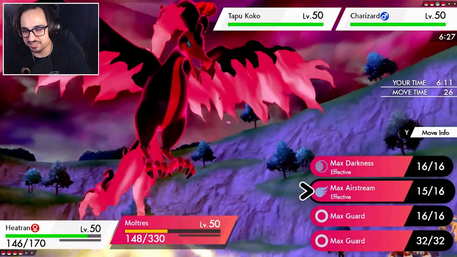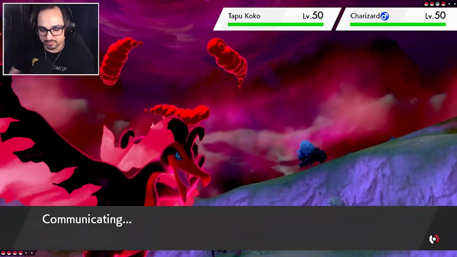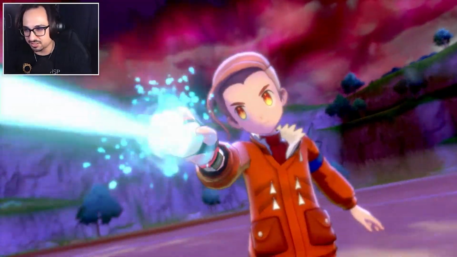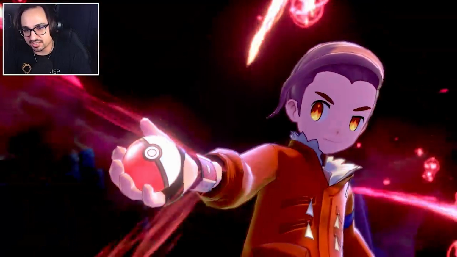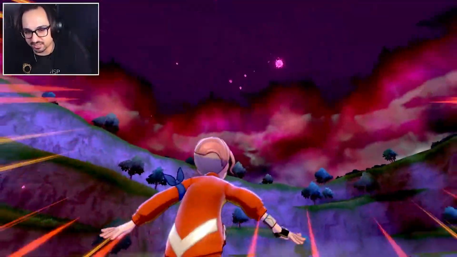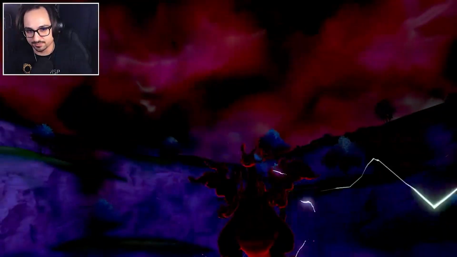Actually, no, I should Airstream just in case my Heatran doesn't outspeed Coco yet. Because I think my Moltres does, but not my Heatran, because Heatran's kind of a funky spread, right? He actually Dynamaxes his Charizard. That's interesting. I'm worried about this Coco because my Nihilego could come in later to deal with the Charizard, so...